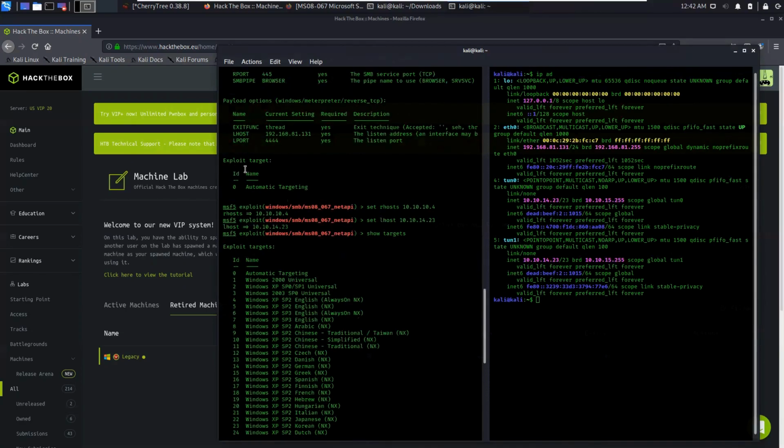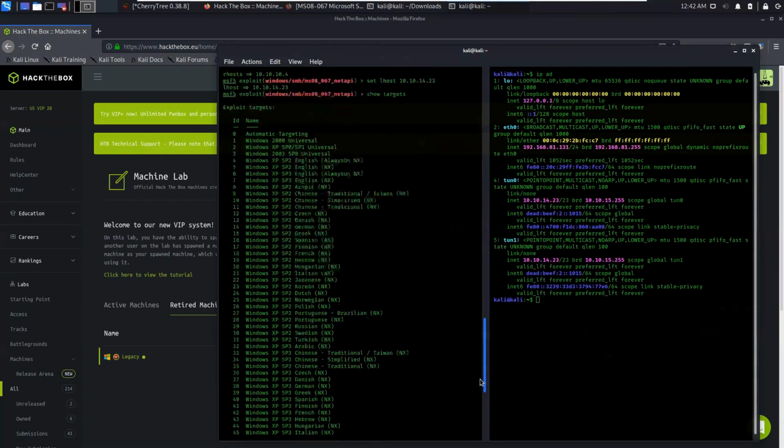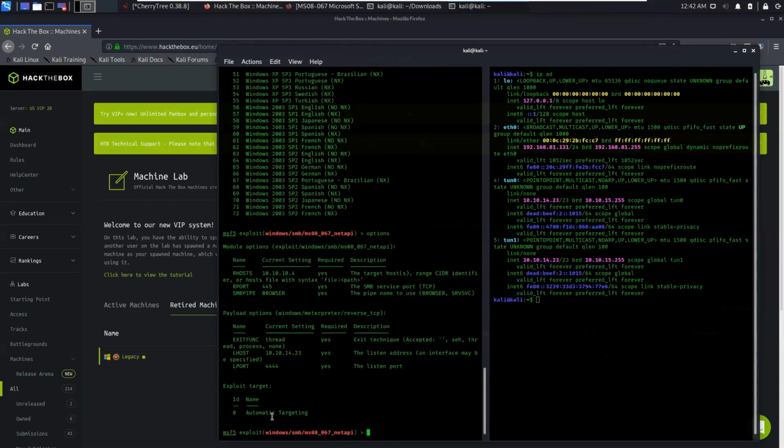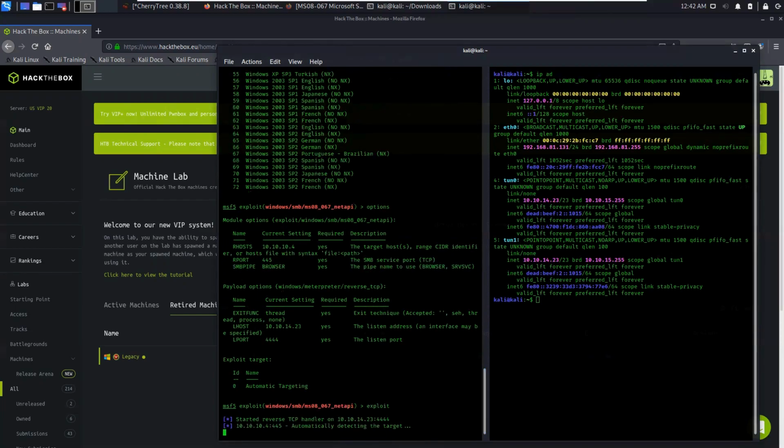Okay, we have exploit target. The ID is automatic targeting, so I don't have to specify that. You see down below here, it's showing that it's targeting the automatic target. So what we can do now is exploit,